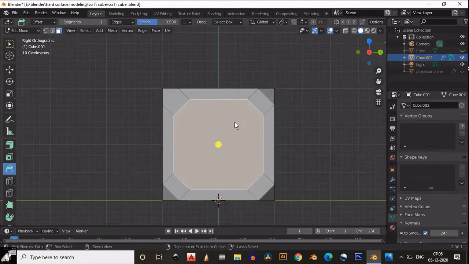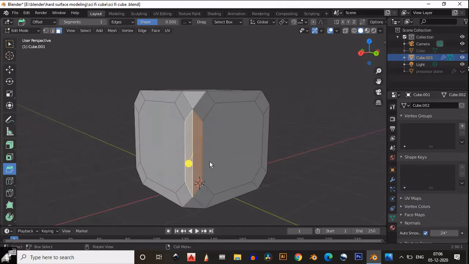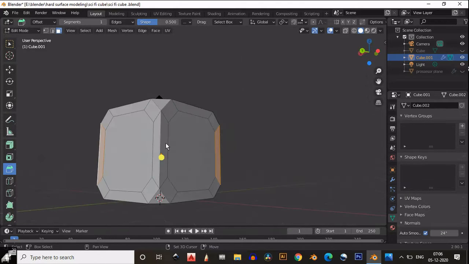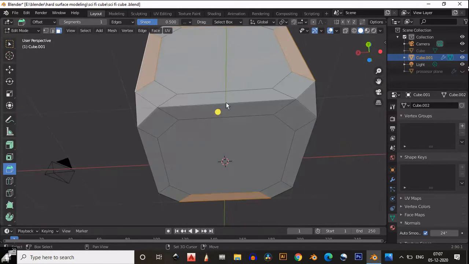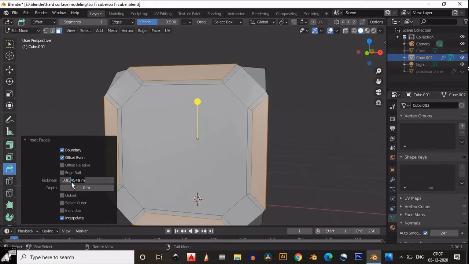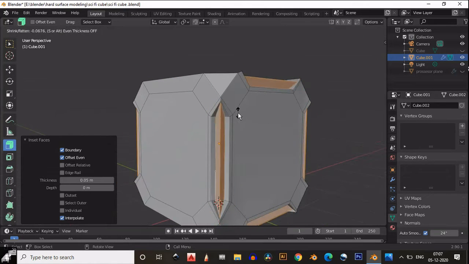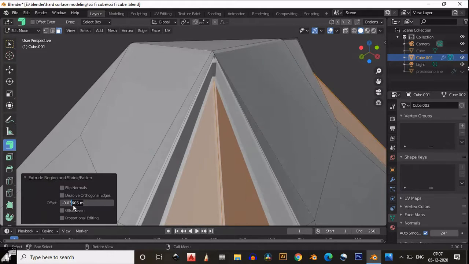Okay, now select these faces, corner edges, faces you can say, and then we need to select all the side faces, corner faces like this, and then extrude inside these faces. After insetting, extrude inside these faces like this, and you will get something like this.